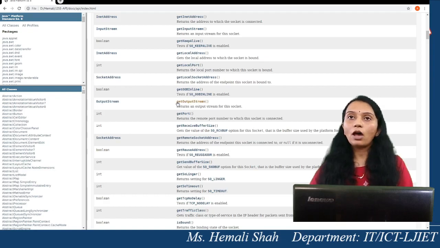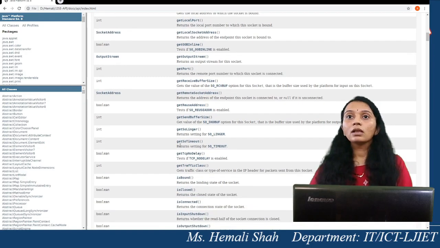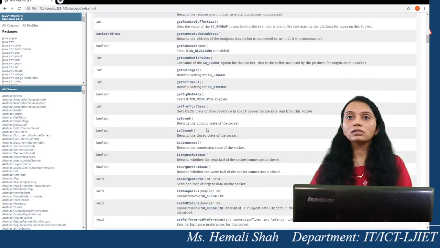Now, the getOutputStream function provides the output stream object which is used to write something on a socket. And getInputStream returns the input stream object that is used to read something from the socket. Many more functions are available.